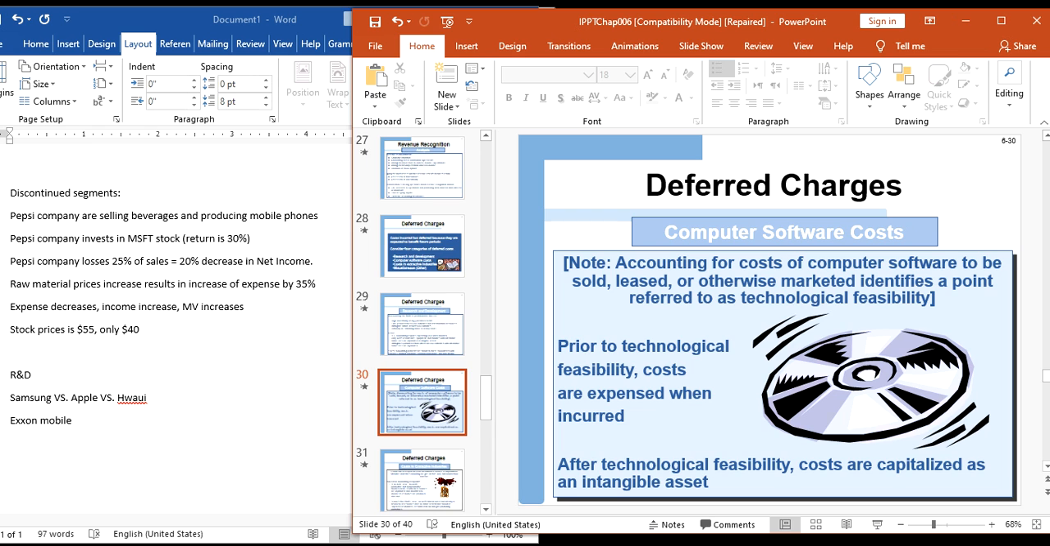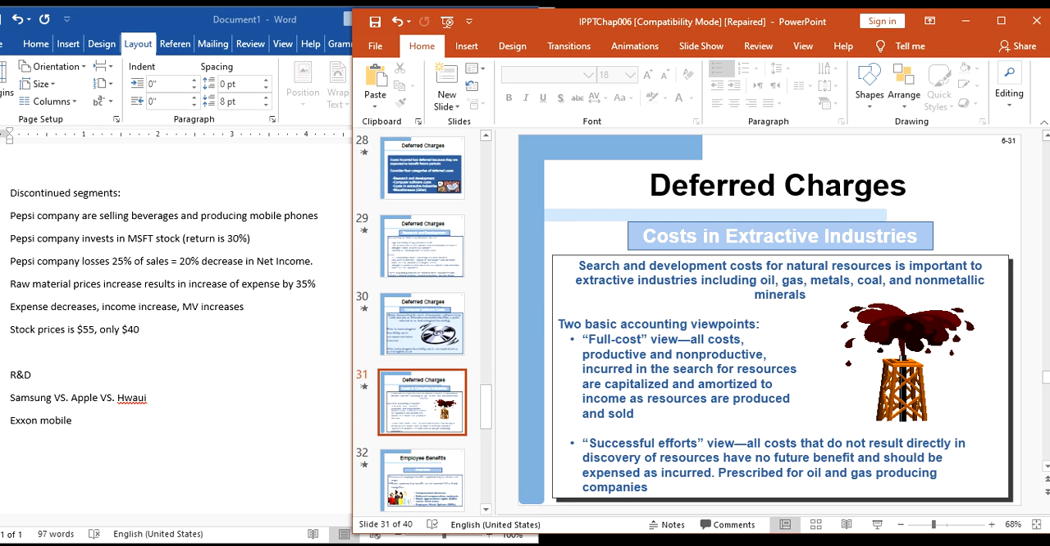Computer and software and extractive industries such as oil, which we talked about, are more or less the same as the rest of deferred charges. Okay, and then